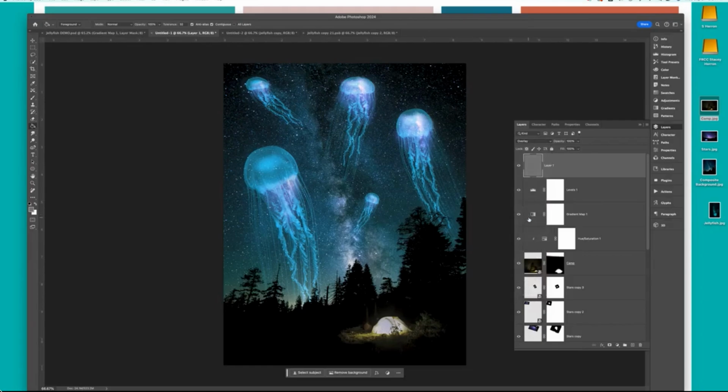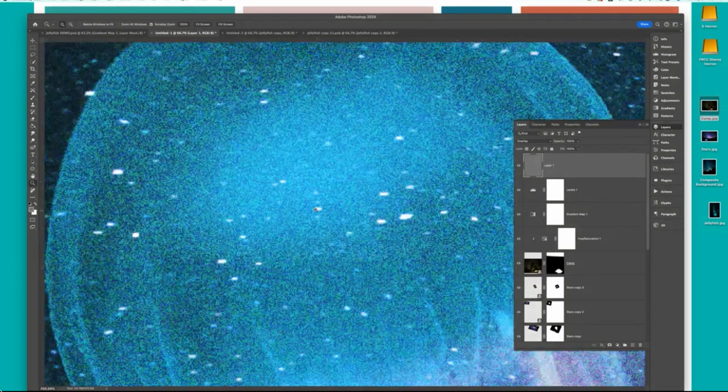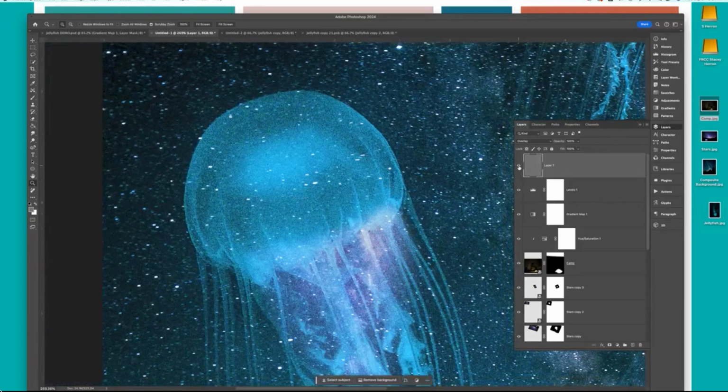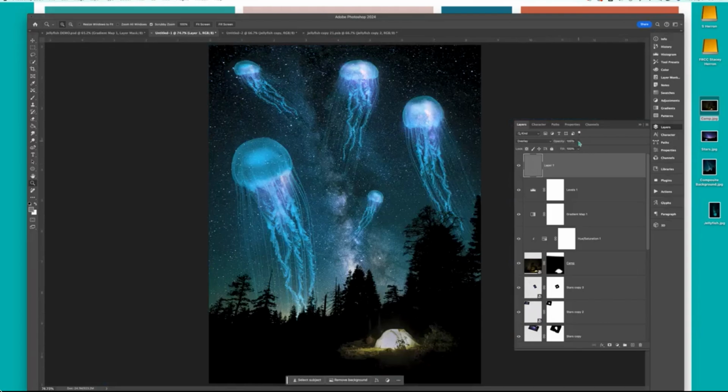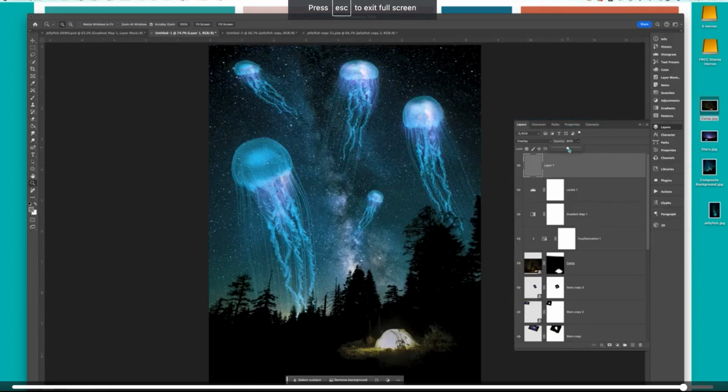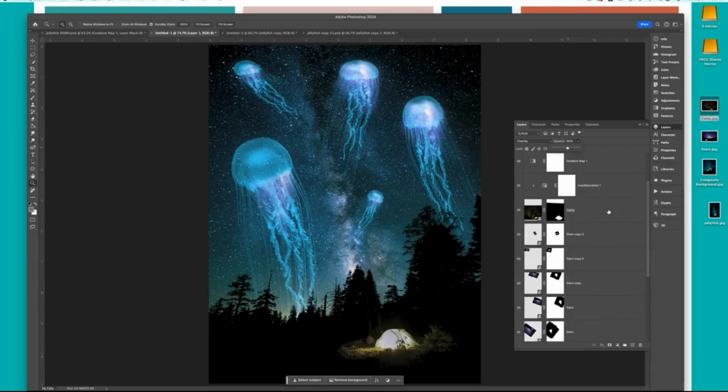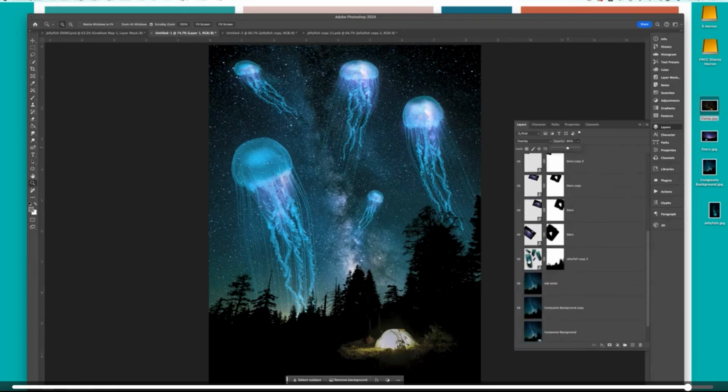Grain you're not going to see unless you zoom really far in to any area and turn it on and off. Really fun. And again, you can add as much or as little as you want. I think grain really does add quite a bit to this image. So like I said, we've done so many different things here in terms of playing around with smart objects that are editable. Our bloat tool, turn that on and off and check out our